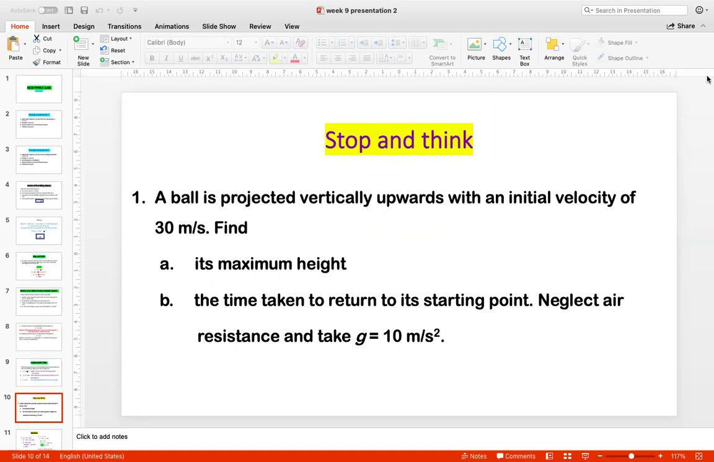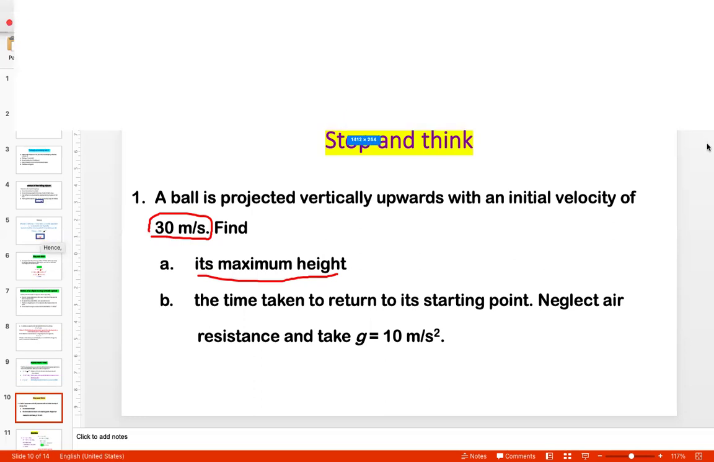This ball is vertically projected upwards. It was thrown. We are given the initial velocity that it was thrown with. The question is, how far did it go? Find its maximum height. So this question is actually very simple because it's just based on the formula that we've been talking about, where we have to say that